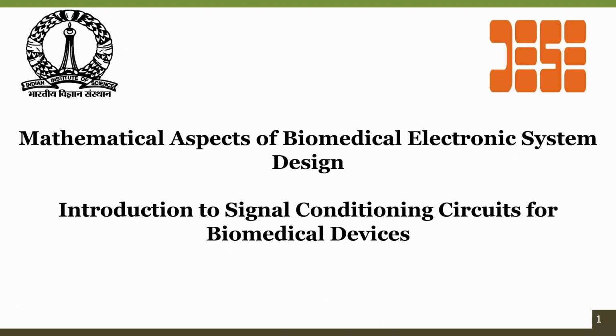This course is on mathematical modeling of biomedical systems and biomedical devices design. Till now, you have learned how mathematical modeling can be done for different types of biomedical tissues and systems, and their underlying principles. How can those principles be used to analyze the signals that you get from biomedical devices? In reality, how do we get these signals? How do we interface those signals to electronic systems for further analysis? These are some of the questions that we always have to think about when we are designing a complete system.